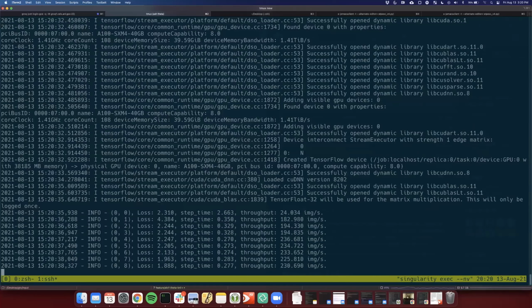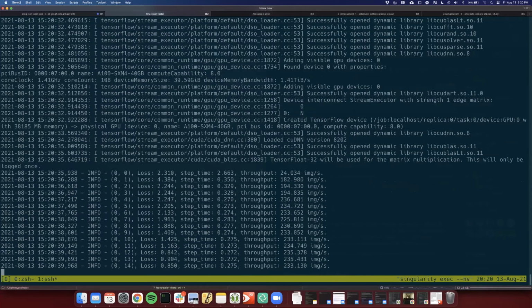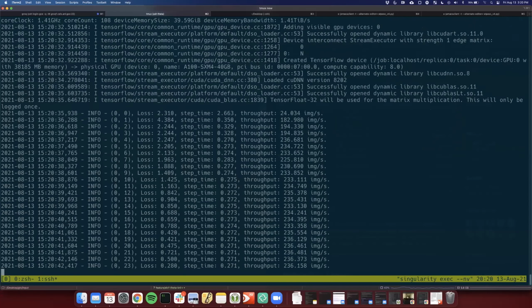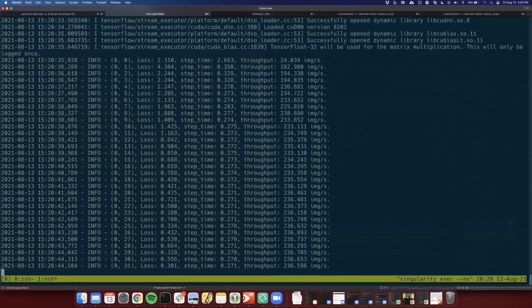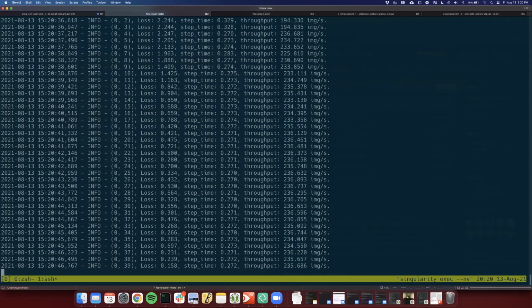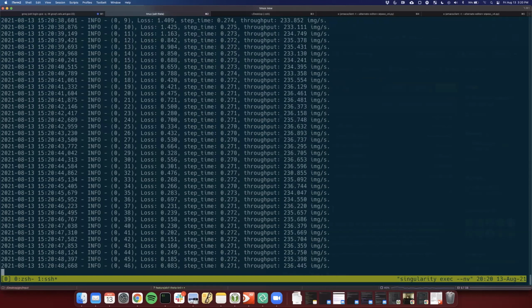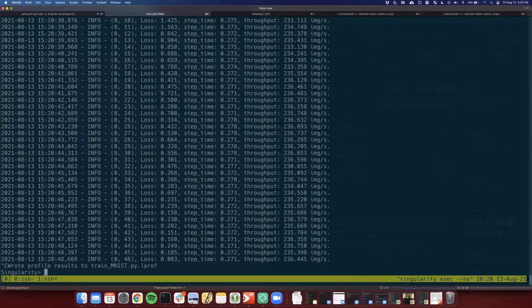Okay, there's the 250 images a second that we were seeing before. We'll let this run for a handful of steps. At this batch size, it would probably take too long to even run a full epoch. So I'll Control-C it, and it says it's writing the profile results to this binary file, which you can then process with